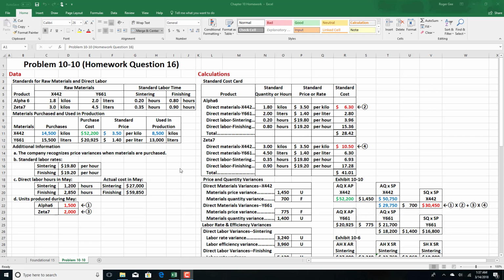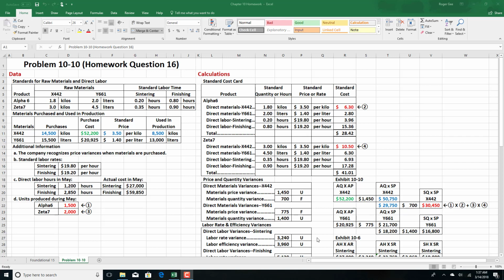So by that scale this seems pretty simple, but it's a big jump to get from one product to two products right here. Anyway, the difficult part of this was getting the direct material variances right